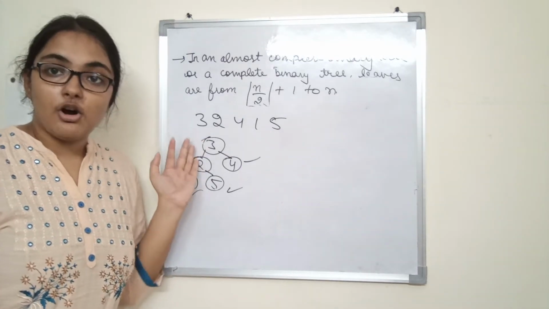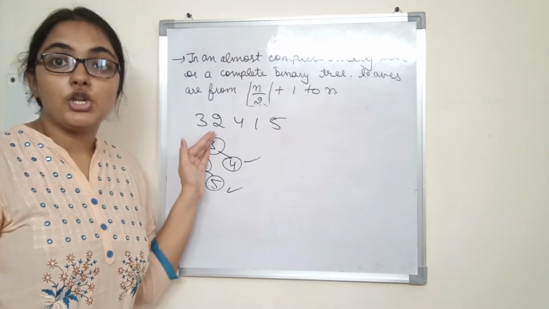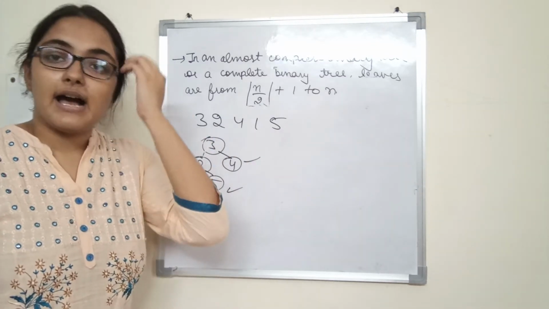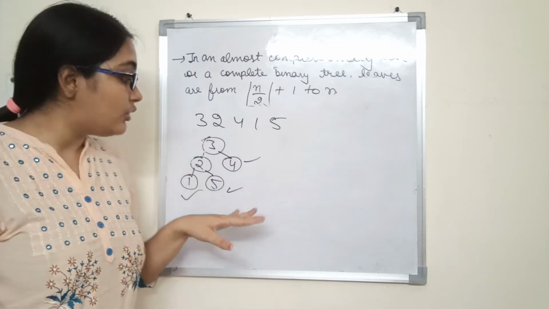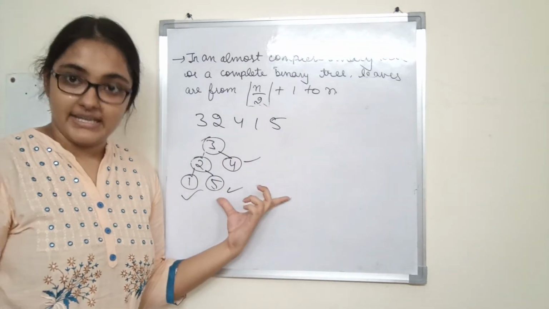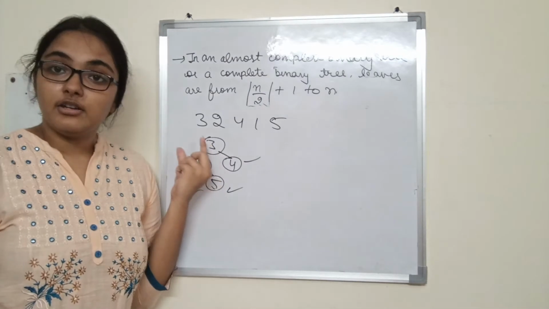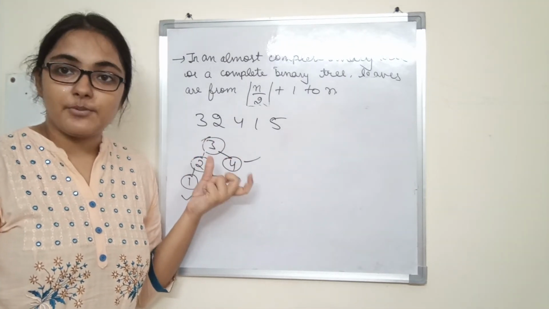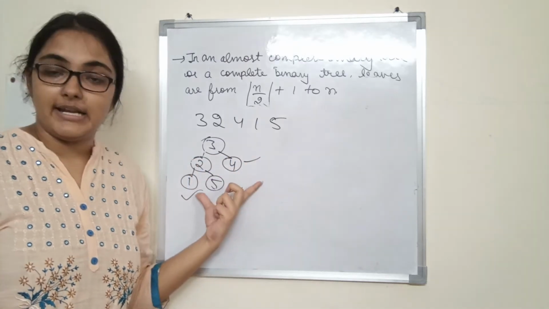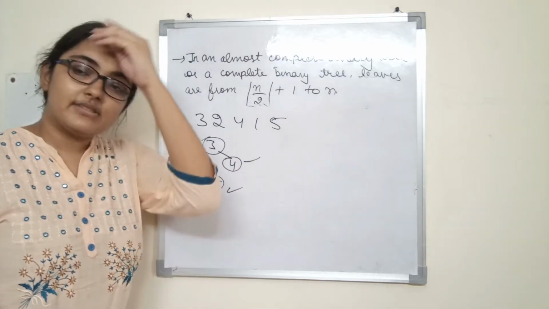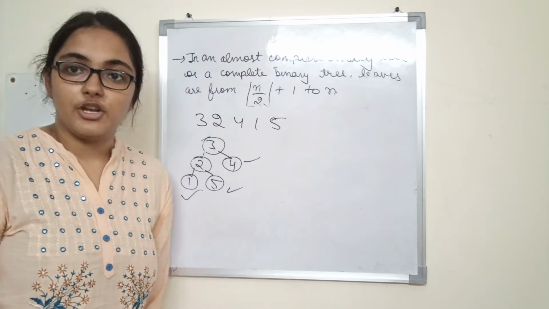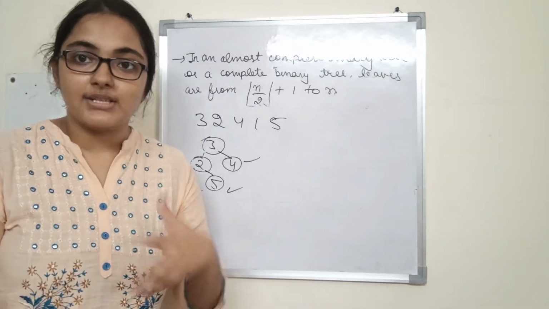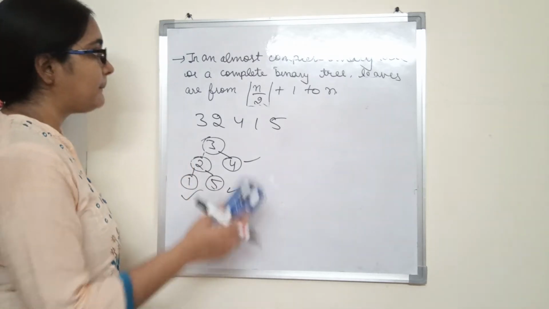So we call build max heap only on non-leaves and not on leaves. Why? Because leaves are already max heaps. We only call it on non-leaves, because non-leaves are the ones which might be violating the property of max heaps. Leaves won't violate it. So now let us see the build max heap procedure and how it works algorithmically.